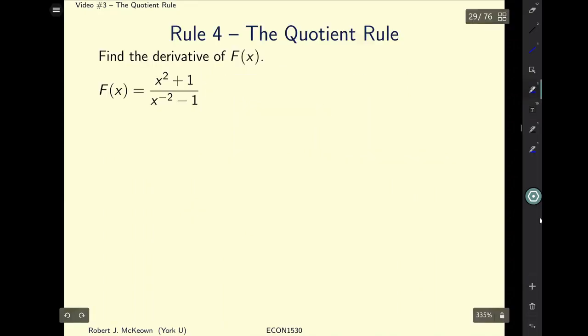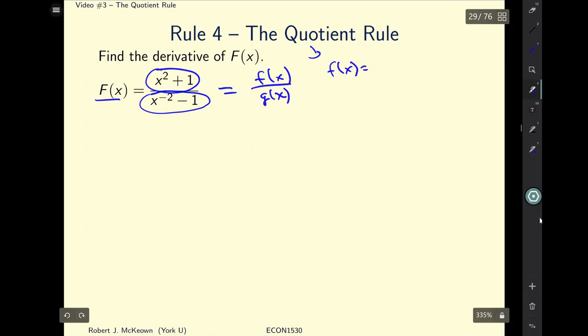Okay, let's take a look at the quotient rule. What's a quotient? Well, we've got something divided by something else, right? And so we've got a smaller function than the big capital F of x, and we've got another function which is being divided by the first one. So we've got something that looks like f of x over g of x,